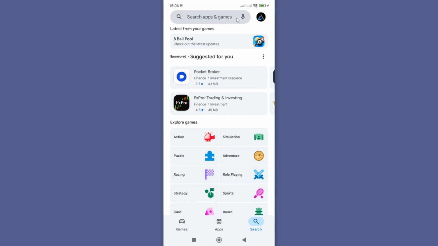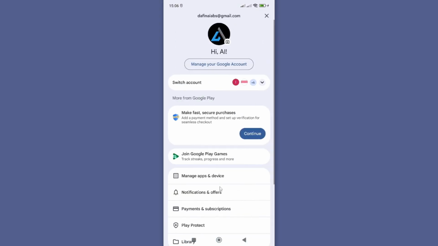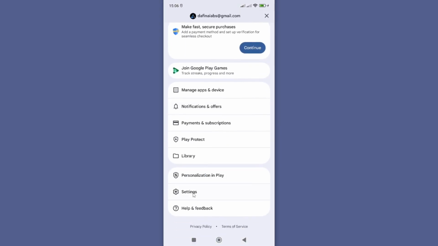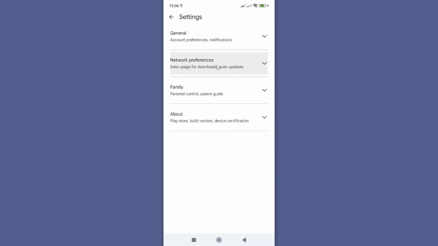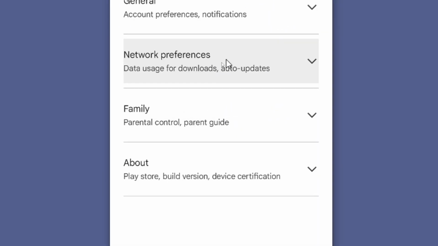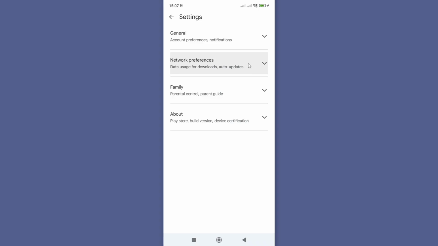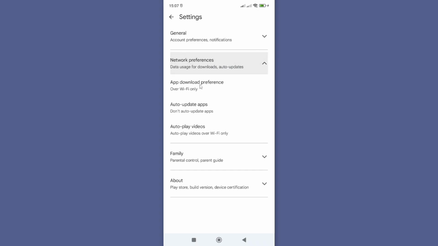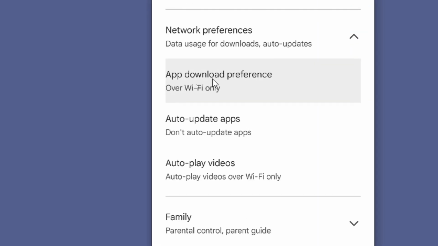However, if you are still logged in but unable to install the app, then tap on the profile icon on your app, scroll down, and you should see settings gear here. Now, if you tap on settings, look for this option called network preferences. So here we want to make some changes on our network preference, and if you go to app download preference,